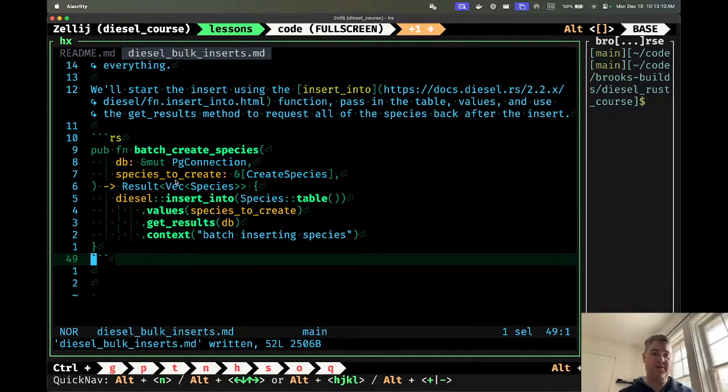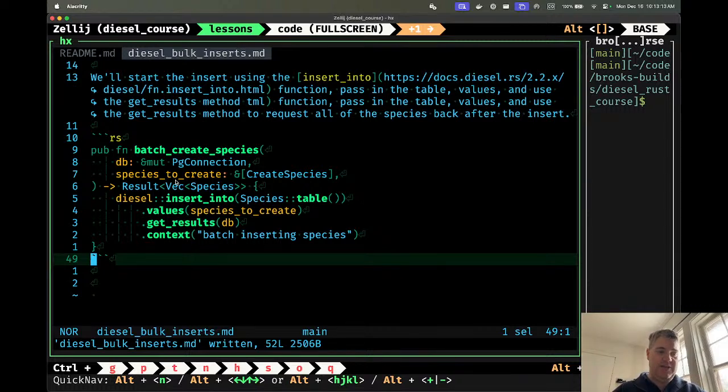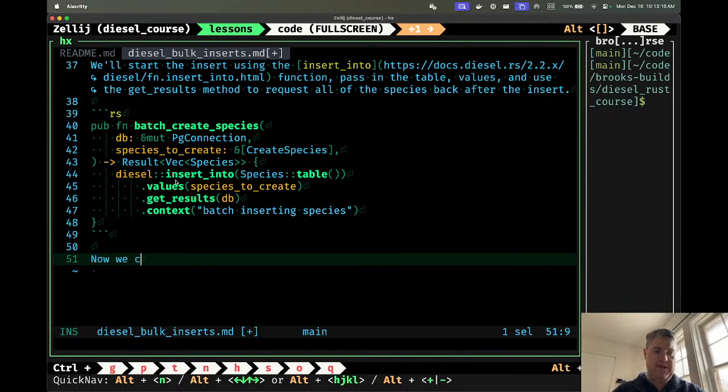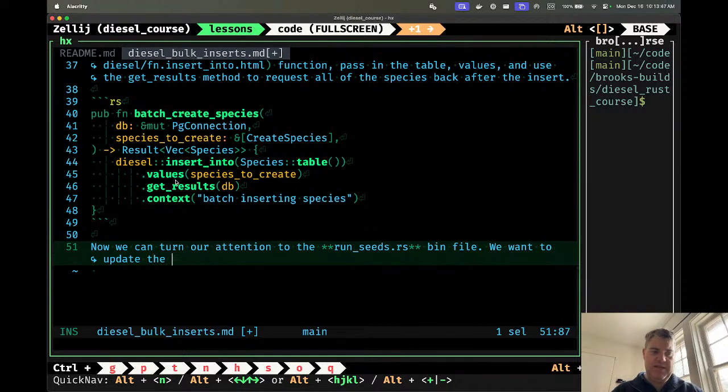Okay, so here we go. So there's our pub function, and then there's that. Okay, so now we can turn our attention to the run seeds.rs bind file. We want to update the map to